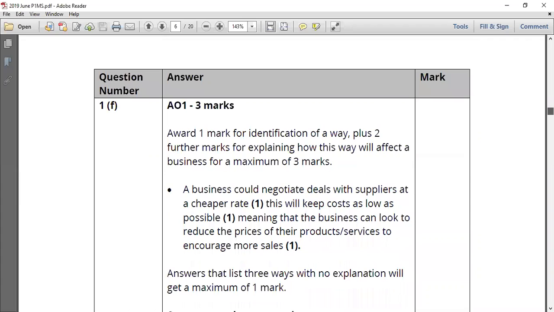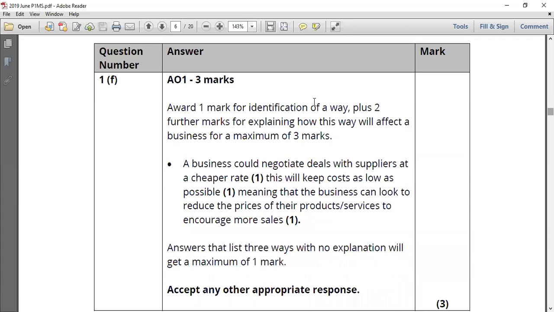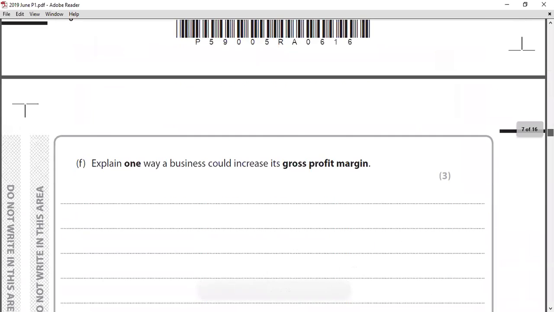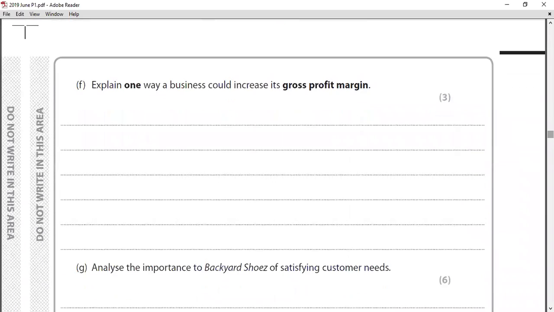Now 1F, this is a 3-mark question, AO1 only, knowledge parts only. 3 marks you can get. The question for 1F is: explain one way a business could increase their gross profit margin. Explain one way they could increase their gross profit margin. So the correct answer is,